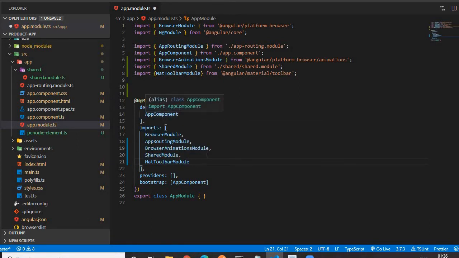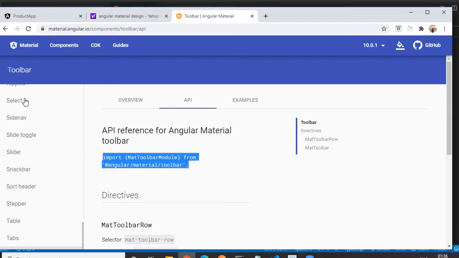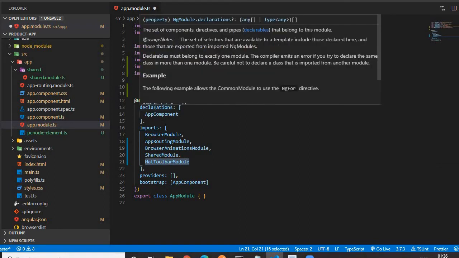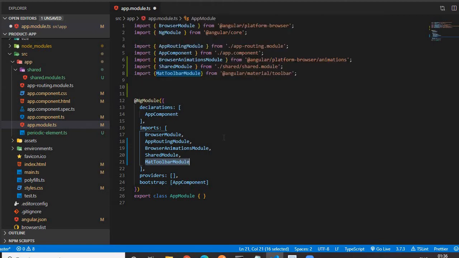If you see, there are a large number of Angular Material components available. If you go on using all the components, we need to import the corresponding module for each component, and we need to put an entry within the imports array. If you go on doing this, the number of lines of code in app.module.ts will keep increasing, and our maintenance is at toss. So for better maintenance and better readability of the code, instead of including the Angular Material modules in the app.module.ts file, we will create a separate module for this.